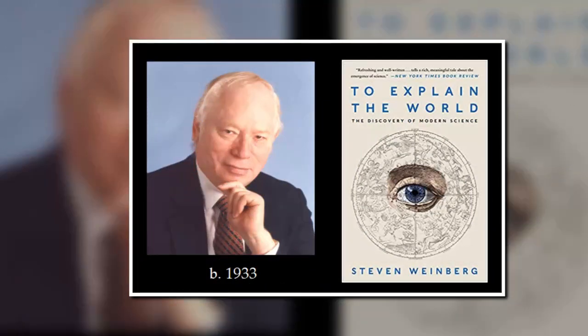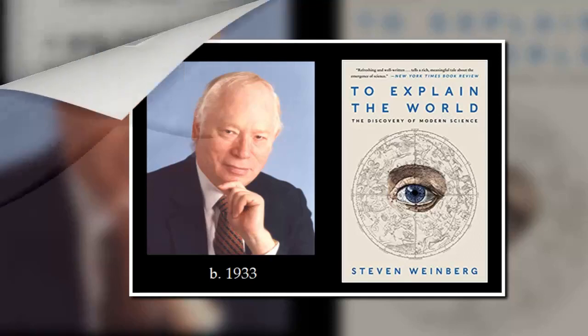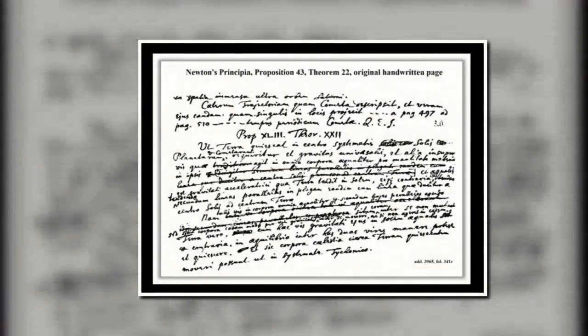In fact, Weinberg says that we should not be so hard on old Newton, since Newton himself may have had a hint of the principle of dynamic equivalence that he wanted to publish on the last page of his 1687 book, Principia Mathematica. But for some unknown reason, the page never made it to publication.